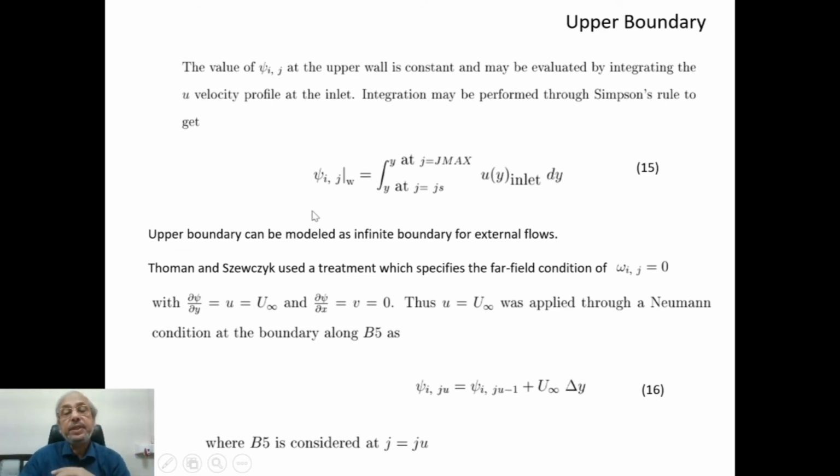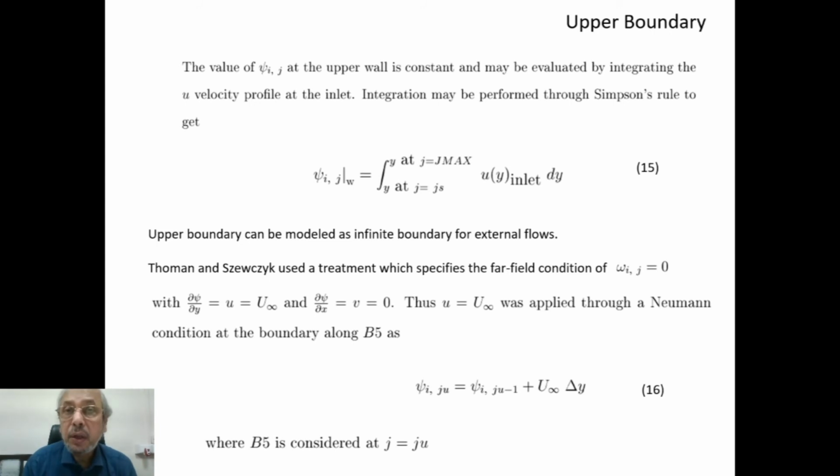Now I will just mention, since it's a general discussion, even though we have taken a specific boundary where the top wall is a rigid wall, there may be external flows. We may consider modeling of external flows also using the stream function vorticity method. And that, if you recall my introductory lecture, was the first successful computation of Navier-Stokes equations, done by Fromm and Welch